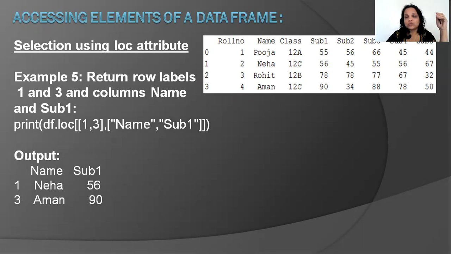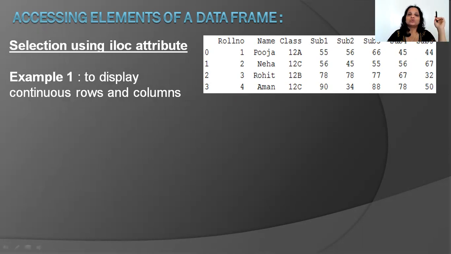I'm taking you to another attribute called iloc. They work similarly, but there's a major difference between loc and iloc. iloc works on the default numbering of the row and the column, not the labels specified. Whereas loc works on index labels and column labels. In this example we did not have an index label, so it continued with the default numbering. So let's go to iloc.